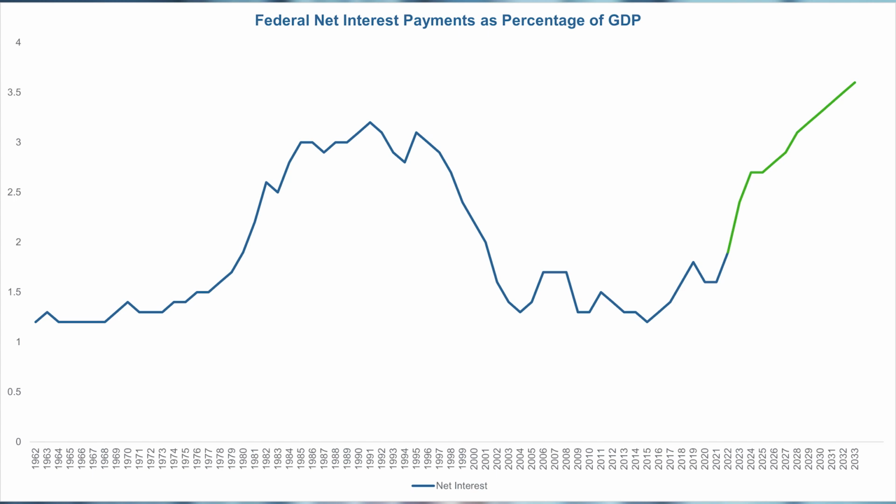As we can see in this chart, despite the fact that the US debt burden has grown significantly, the percentage of GDP that has gone towards interest payments has actually declined. This is a function of the steadily declining interest rates over the last 30 to 40 years. It's really quite stunning. The level of debt has roughly doubled since the mid-80s, but the annual cost of servicing this debt has been cut in half. We can see just recently towards the right-hand side of this chart, the line has begun to tick up, reflecting the combination of even higher debt levels and higher interest rates as a result of the Federal Reserve's rate hiking cycle.